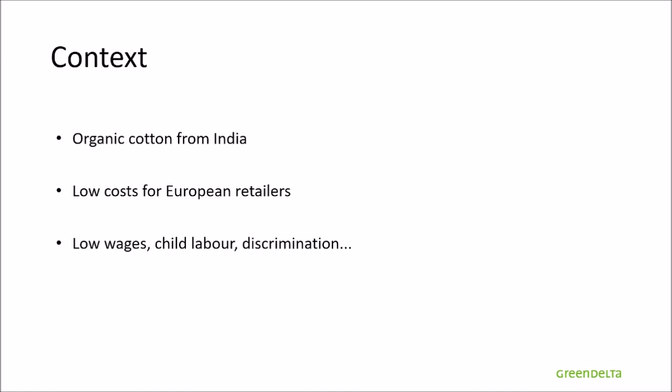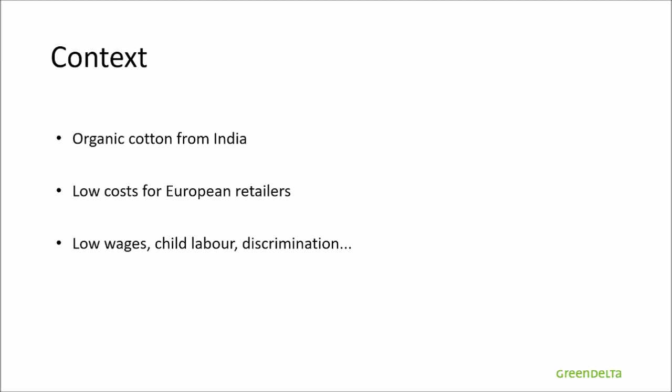We saw in the first video that India is the biggest producer of organic cotton globally. However, it does not stop at the production of the raw materials, since the sector of cotton garments in India is also quite developed. This large supply of clothes comes at very competitive prices, which makes it very attractive for